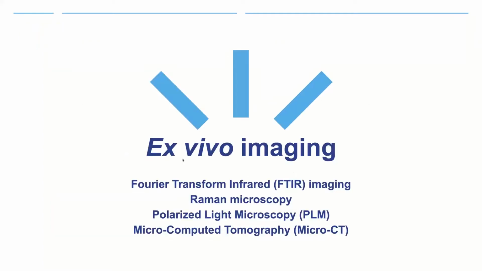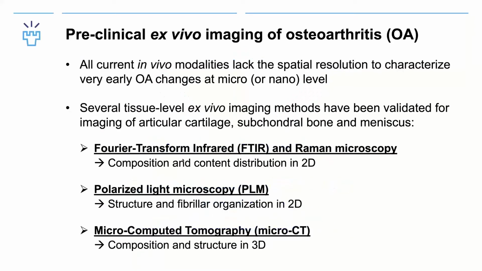So now let's focus on some of the ex vivo imaging methods we have been studying in our lab for the past 10 years. All the current in vivo clinical modalities lack the spatial resolution to characterize very early changes, especially at the micrometer or even beyond micro level. And we have studied several of these imaging methods and validated them for imaging of articular cartilage, subchondral bone, and